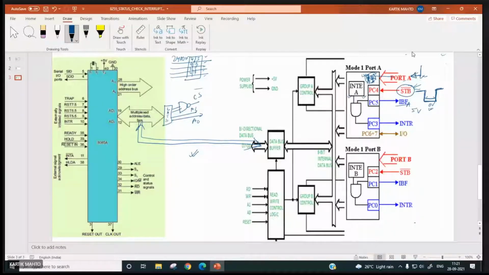So it will make IBF A high. The processor's job is to check this pin, PC5. Whenever PC5 is 1, it means valid data is there. If PC5 is 0, that means valid data is not there. Okay?